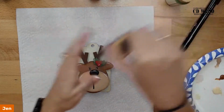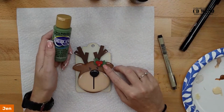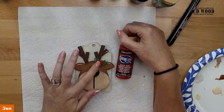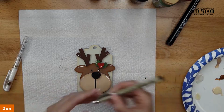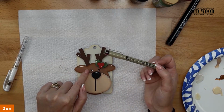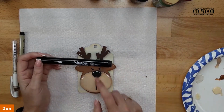And then I used lamp black for the nose. And then I used Hauser medium for my holly. And then I used Santa red for my berries. And then I used the white Uniball gel pen for the highlights. And then I used the 0.03 micron, just on his little eyebrows. Good choice on that. And then I also used our new Sharpie Creative marker, and I used that just to